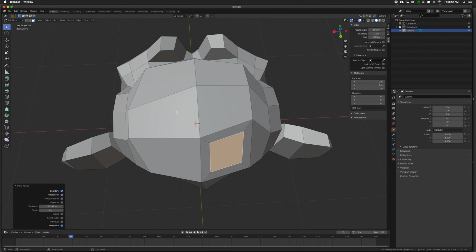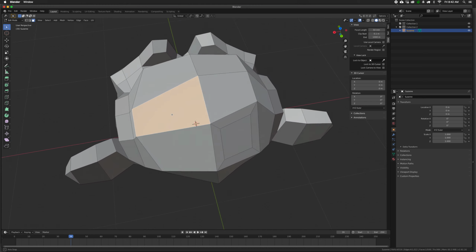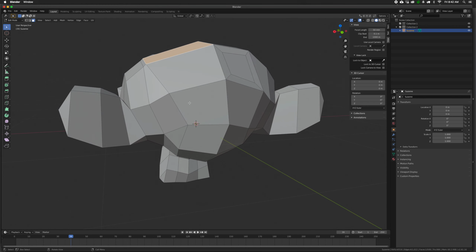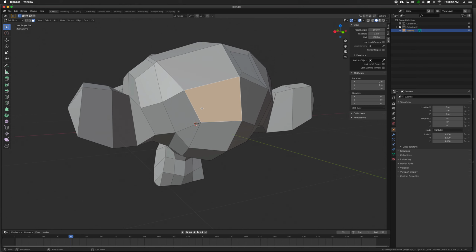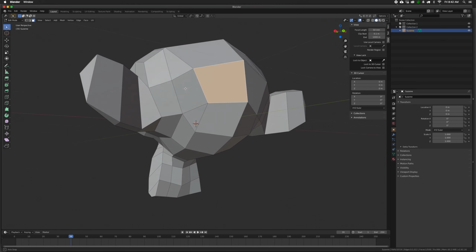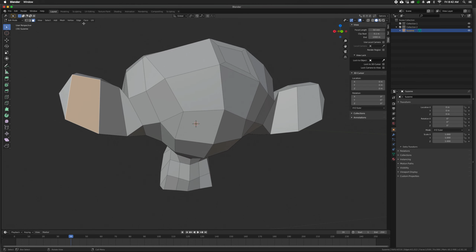Poke faces is kind of similar. This is not literally, you don't want to poke someone in the face, but with this you hit 3D modeling, you click on a face, go to face mode, poke faces. Now poke faces is a little bit odd in this case. Oh, I know why, because that edge had 2. Let me choose a different one that only has